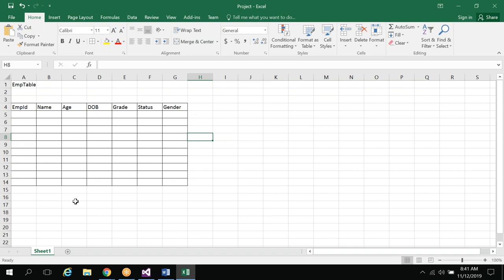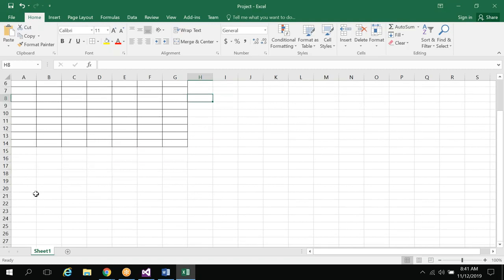So I will develop one table. For this table we will create some templates for user interface purpose. All the templates I'll tell you while we are going on. This is one main table.